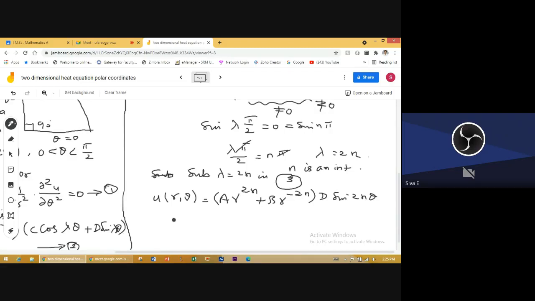When r tends to 0, u is finite. Applying this, we will get B equal to 0. So here B equal to 0. Therefore, u of r comma theta will become